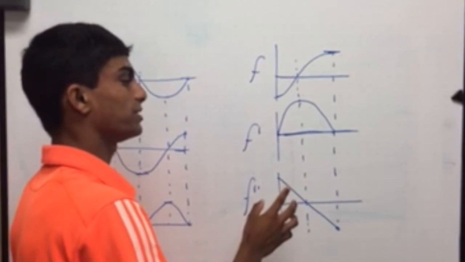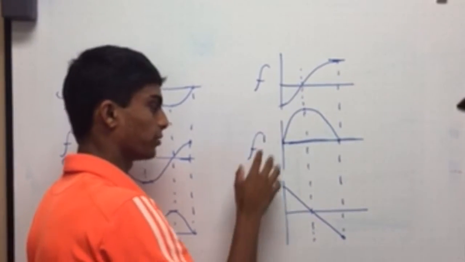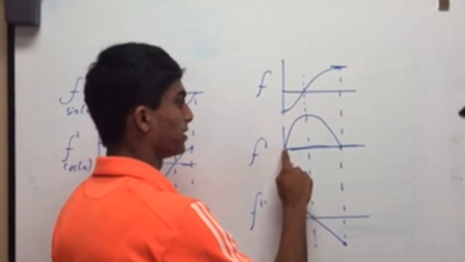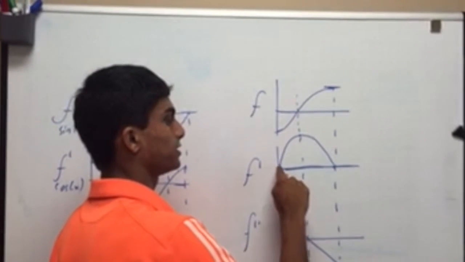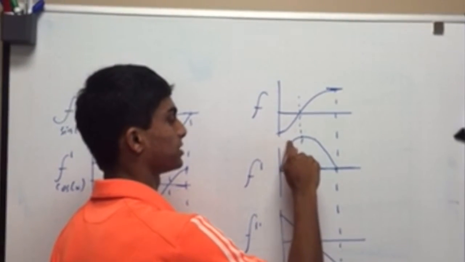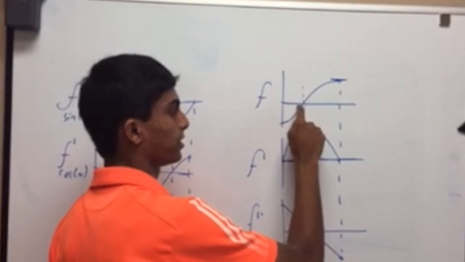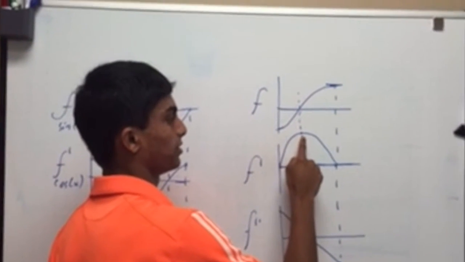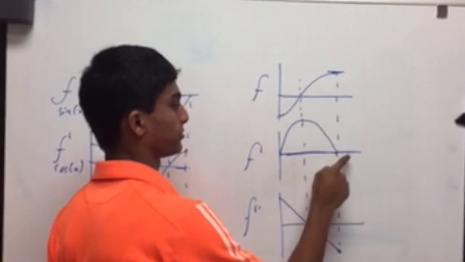So if we take the derivative of this position function, we get the velocity. And as we can see here, the velocity starts out positive, but constantly begins to slow and slope until it hits the same point at which the graph of f crosses the x-axis. At that point, the velocity begins to slow down and have a more negative slope as we reach the end